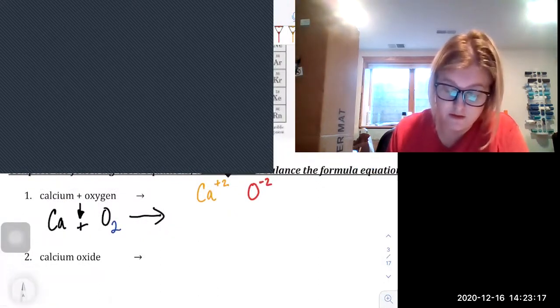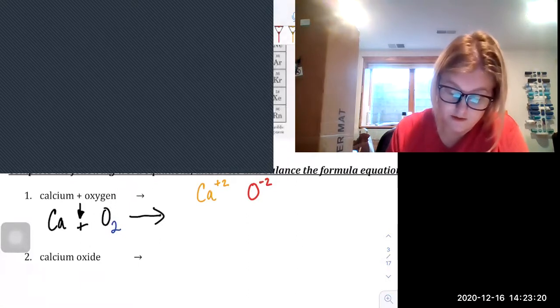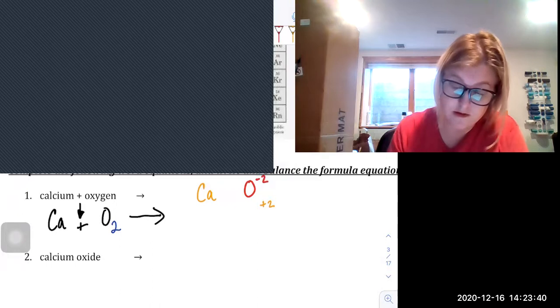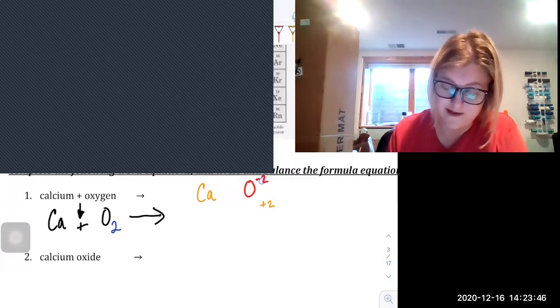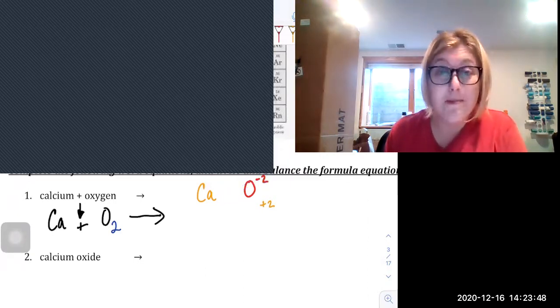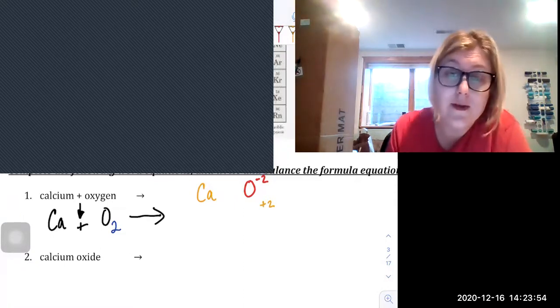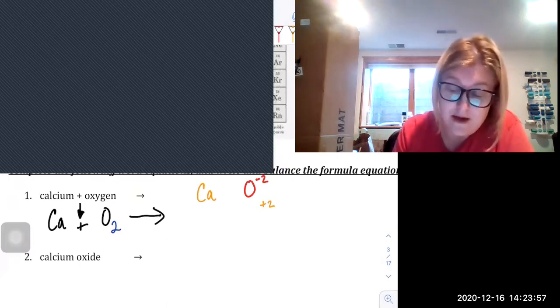Remember, this 2 is going to want to come over here. Why doesn't this always work? It's so irritating. This 2 is going to want to come over here. But you're probably yelling at the screen right now saying, Ms. Sundberg, no, they don't crisscross because they cancel. A positive 2 and a negative 2 cancel. And so you end up with a formula of